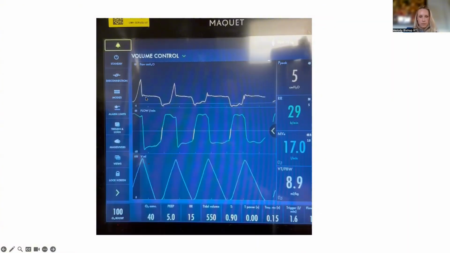And the thing that is so impressive is that if I break this down into a breath, like let's say here, so the lines are not straight, Melody, don't yell at me. I'm using the mouse. I can't do it. If I had a pen, it'd be better, right? But if we say this is the inspiratory time, right? During inspiration, the patient is pulling down so hard that the peak airway pressure is not 5, right? It's like -4. So they are pulling so much flow out of the, and maybe Melody, you can talk